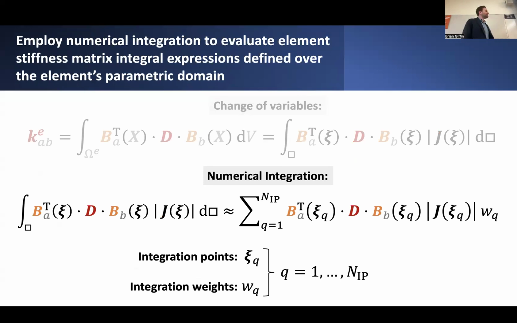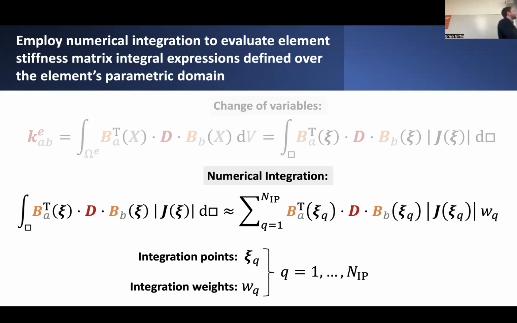But what's more important than that, certainly we could try to go about analytically integrating things over this nice perfect cubic domain. We could do that, but there are some good reasons why we might want to do something different, and specifically why we might want to adopt a numerical integration technique, where even though we've transformed this to a pure perfect cubic domain, it's still beneficial to approximate this integral expression over the parametric domain in terms of some quadrature scheme, where rather than actually carrying out the integral, we just compute discrete evaluations of this integrand at discrete quadrature point or integration point locations indexed by Q, where I might have some discrete number of integration points that I place strategically throughout